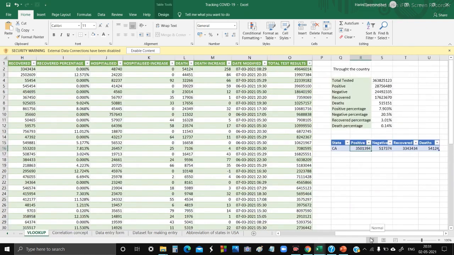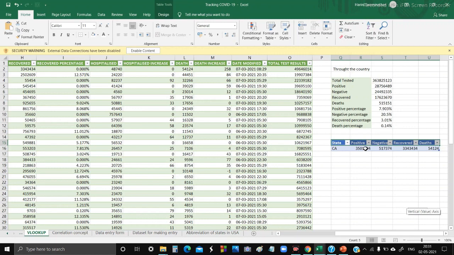In the concept of VLOOKUP, we have first created a table in which we have entered state in the first column, and then in the subsequent rows, we have changed the column index alone according to the data we require.